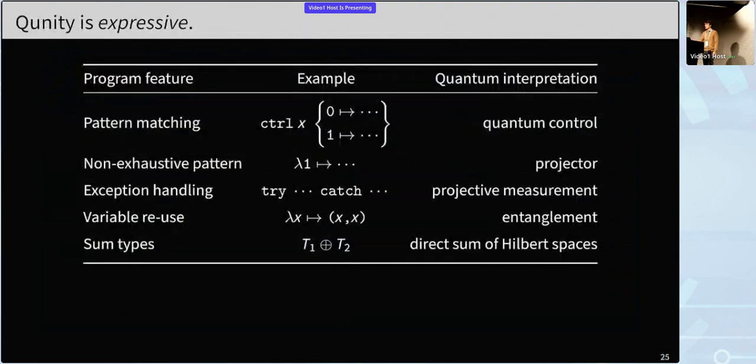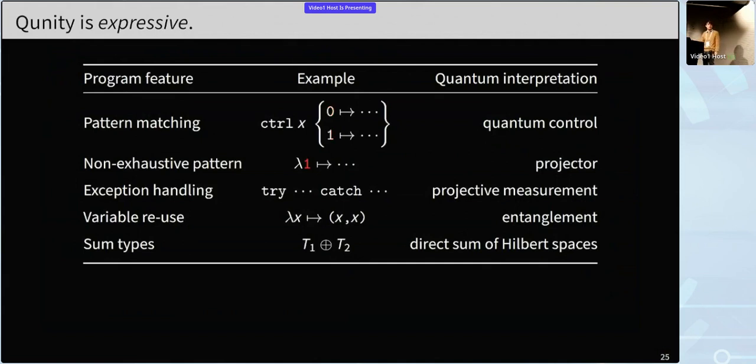And so for this approach to work, if we have a fairly expressive classical sublanguage, there's a challenge in figuring out what the quantum interpretation is when you generalize from classical to quantum. And so we have a few interesting things that we're doing. Not all of these are completely novel, but I think the combination is. Pattern matching, for one, is used to implement quantum control, which we saw in Deutsch's algorithm.